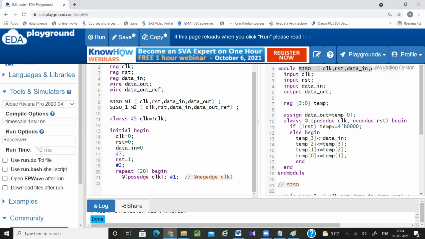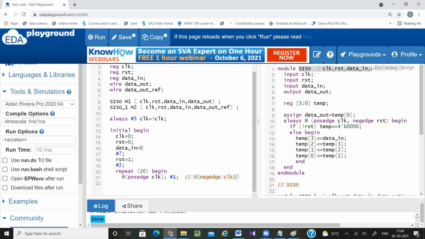That means always at the negedge of clock you are providing the values. Within 2 negedge clocks, there will be 1 posedge clock. We are changing the values only once, so properly the value will get captured. We will see in the waveform what will happen if I simply give the delays.